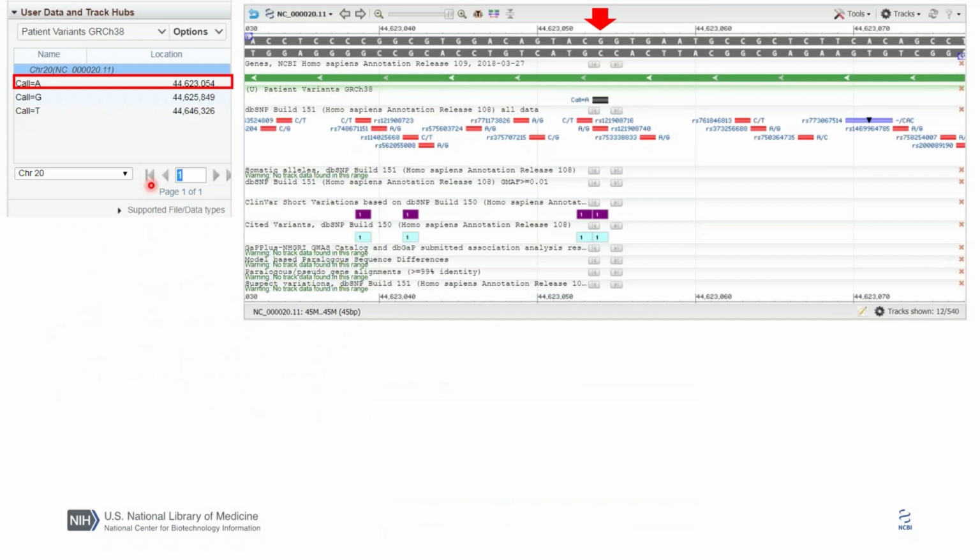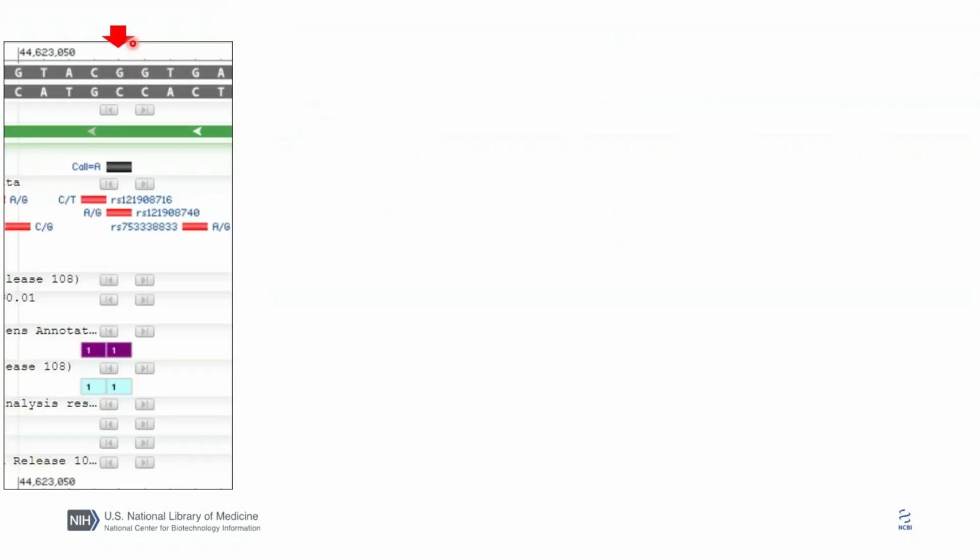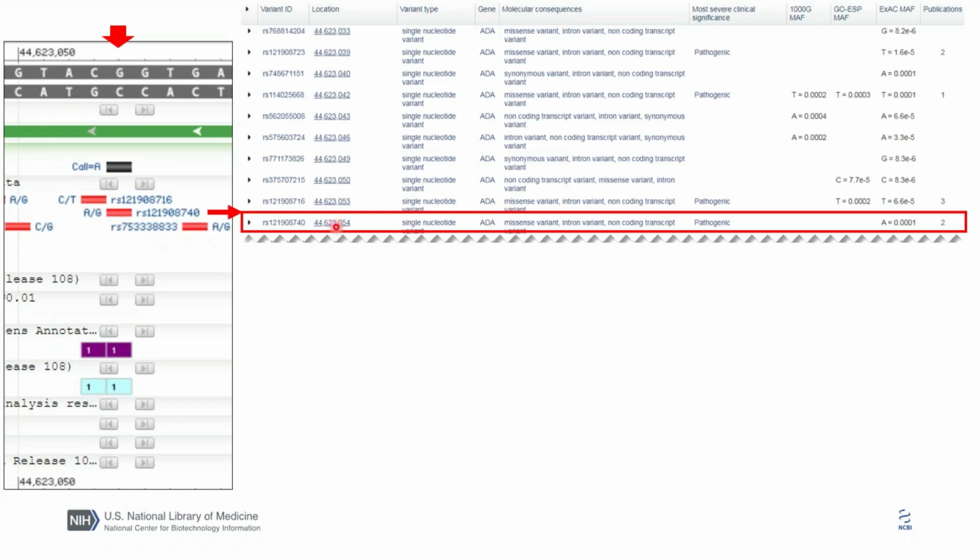So moving on, we can use the user data table again to look at another variant. In this case, we're going to go to the location of call equals A. So we click on that, and this is now the variant that is centered in our graphical display. And if we blow this view up again here, we can see that once again we have a SNP that's annotated at the position of this call. But this time, however, a review of that filtered variant table, where I've got that variant now highlighted in red, shows us that it's an exonic missense variant,